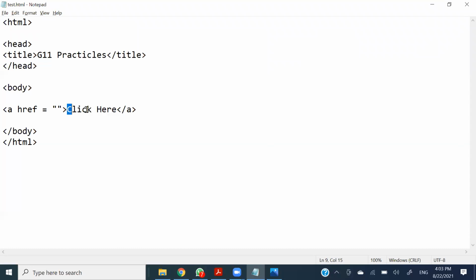We can use an img tag in between these A tags. Then we can apply a picture in between A tags. So the picture will become a link. So it's a clickable picture. So if we click on the picture, then the picture is going to direct us to some particular place,